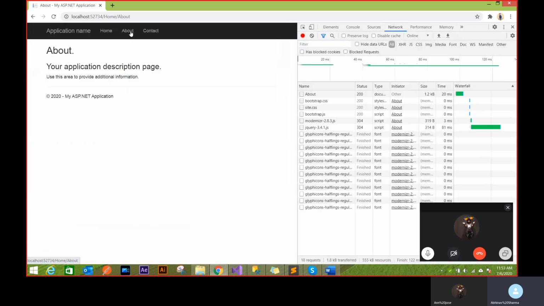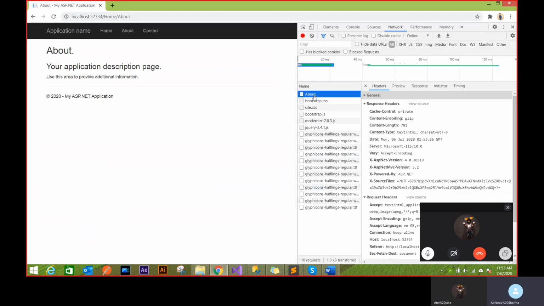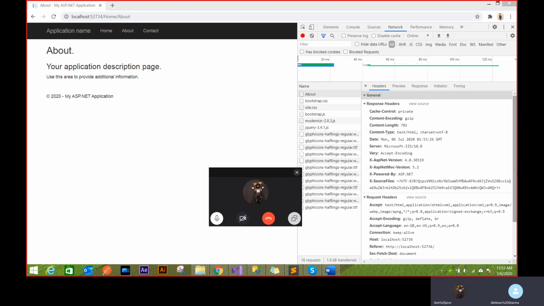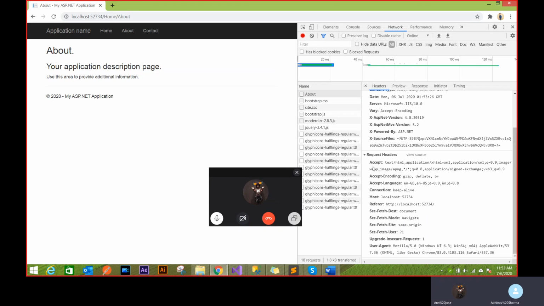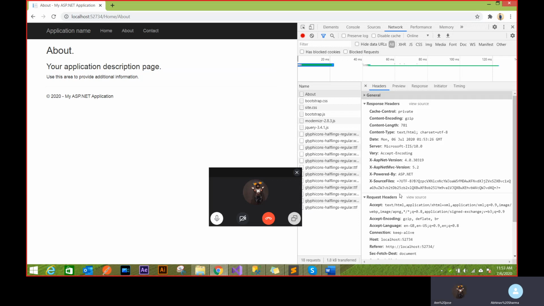So when I click on About, it sends a request. These are all request and response kind of things, and this is the request of About. If you see, these are the things that the request of About sent. I want to have some kind of encoding. This is the host, the user agent. So these are the request headers that it sends, and this is the response that is given by Microsoft, that function of About.